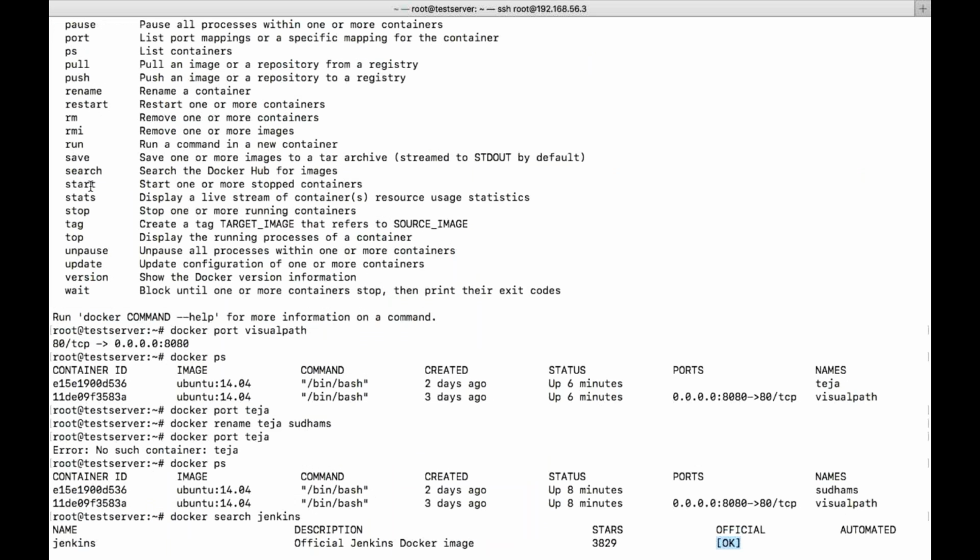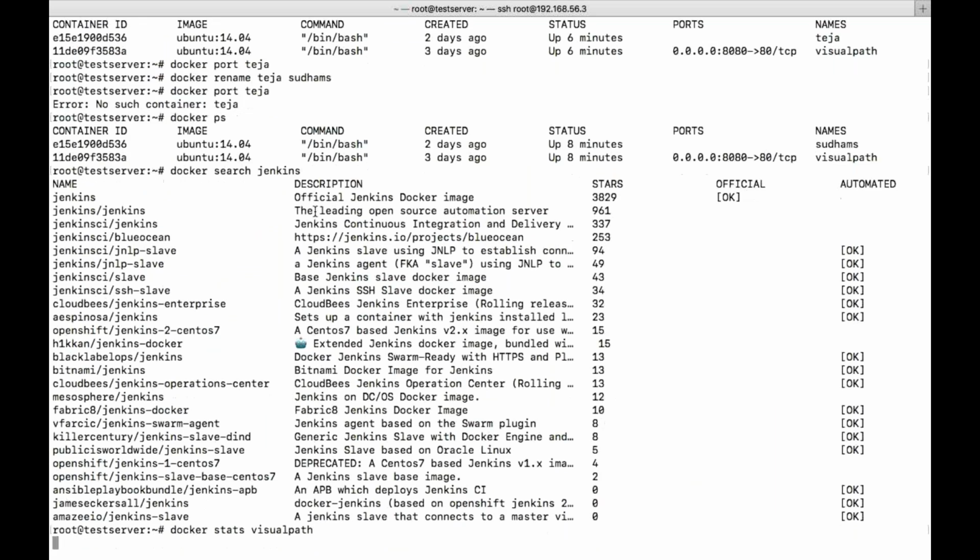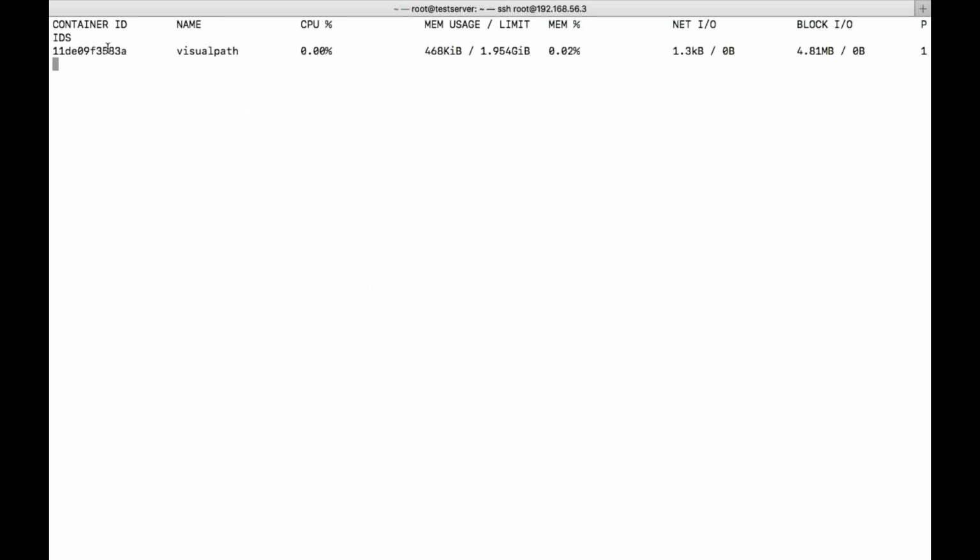Start, you know, is to start the container if it is already stopped. Stats, in the sense, is the statistics of the container. Let's say how much memory is used, how much CPU is used, everything it will show you. Docker stats. So this is the container ID, the name of the container, how much CPU percentage is used, memory usage and what is the limit, memory percentage usage, network input and output transmission, block input and output transmission.